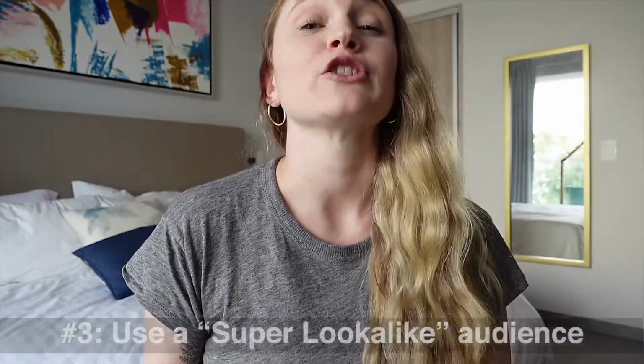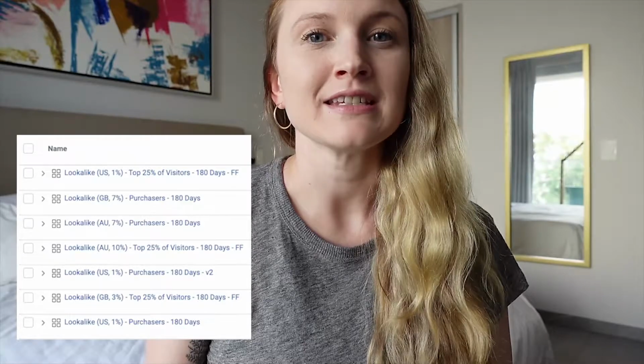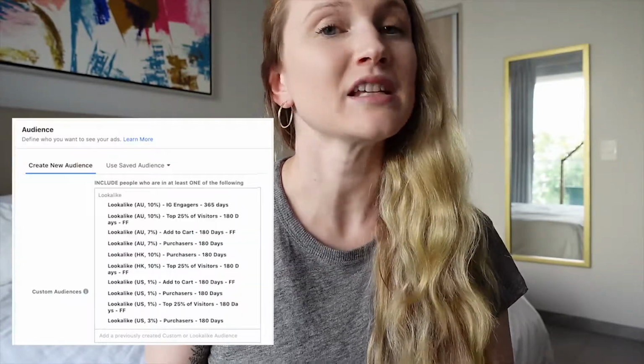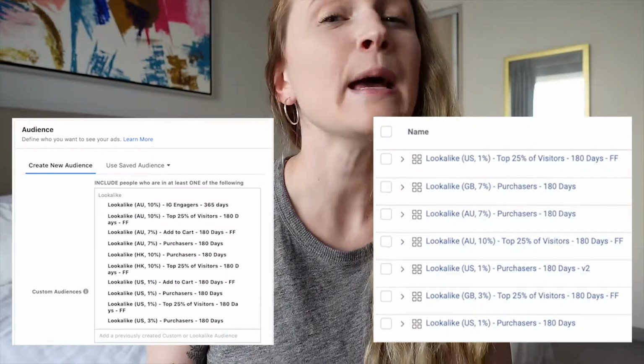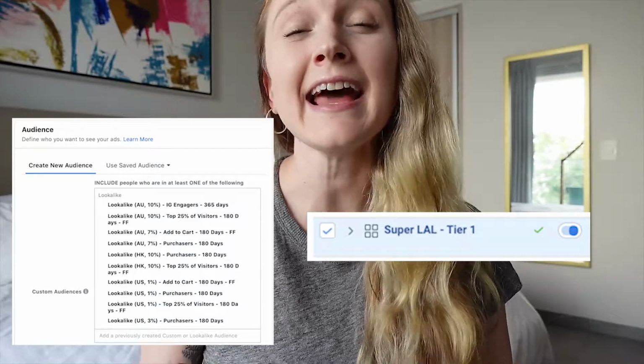The third way to guard against audience overlap is to use a super lookalike audience. This essentially combines all of your best lookalikes that you've tested and puts them into one ad set. And this is really powerful because it takes all of your best performing audiences that you might have had segmented out into different ad sets, puts them into one ad set, and that actively guards against audience overlap